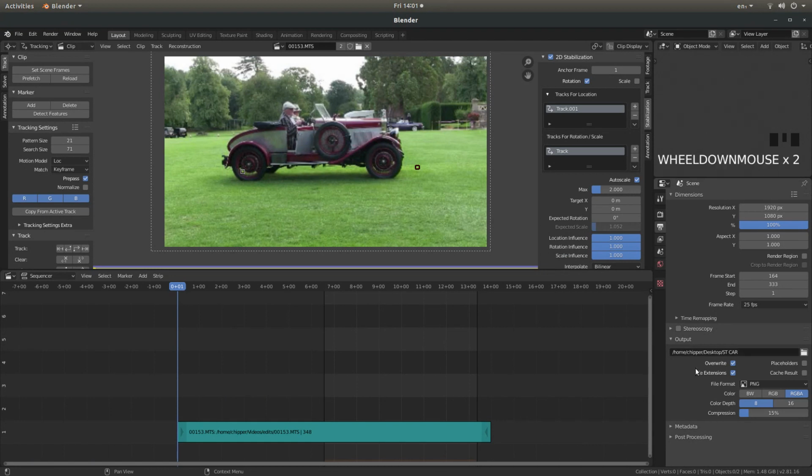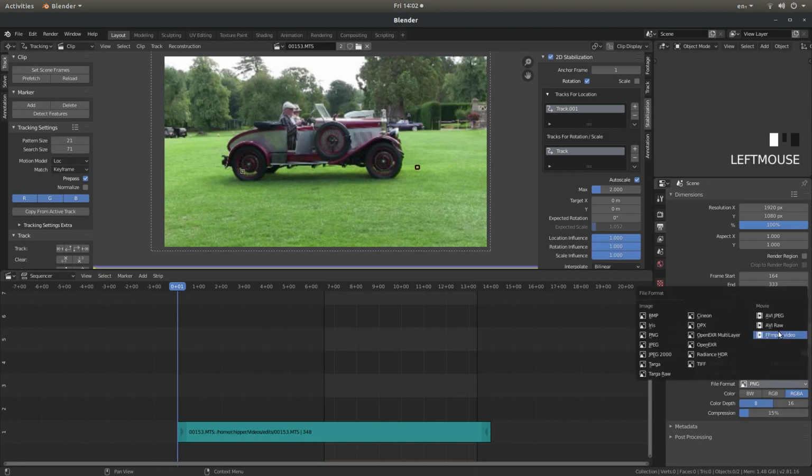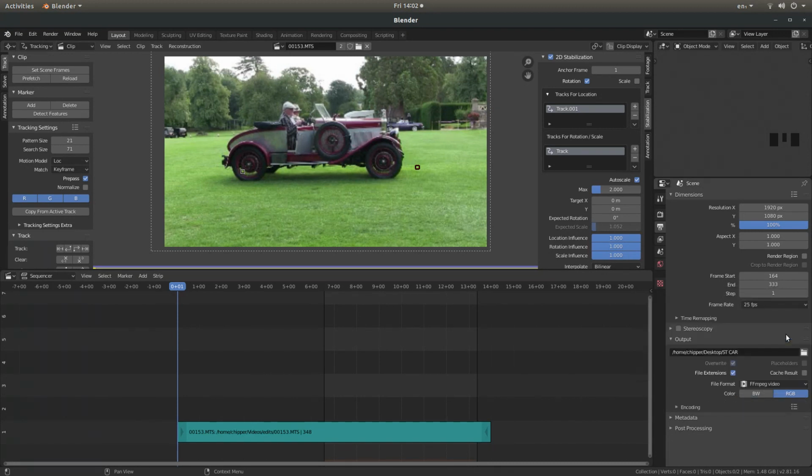and you've got a box here, file format, it'll say PNG. At present, if I rendered this, it would render a couple of hundred images, which I don't want, so I'm going to left click on PNG and then select FFmpeg video. If you open up the encoding box by selecting the little arrow,